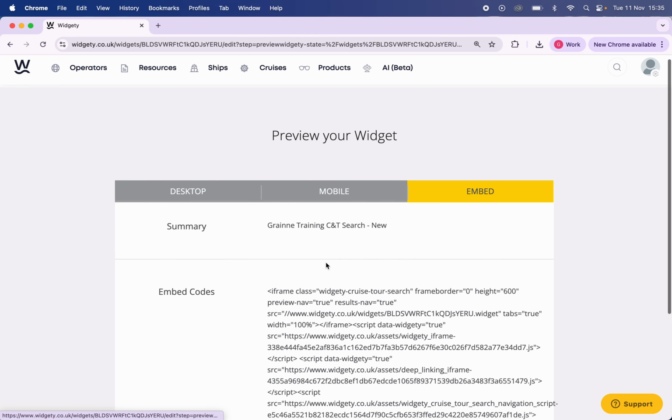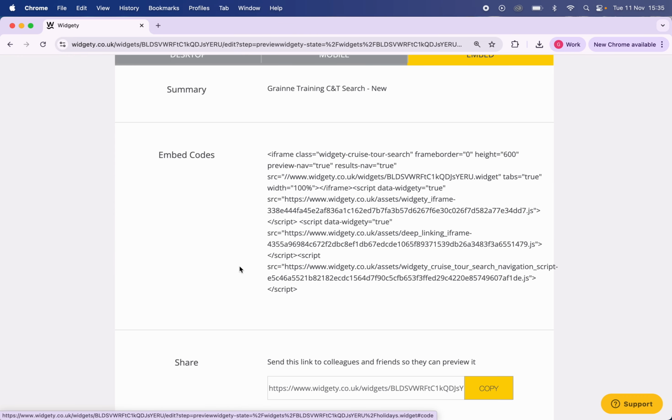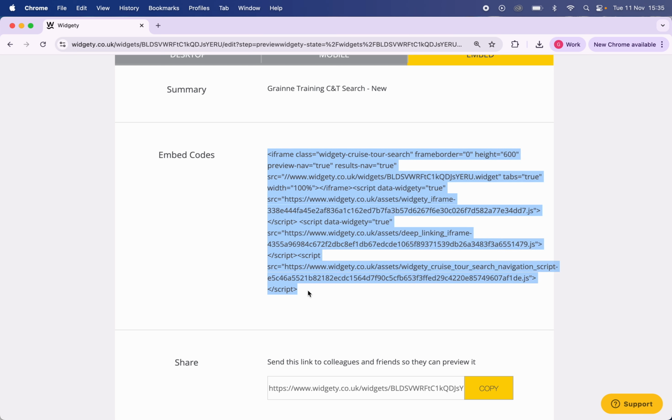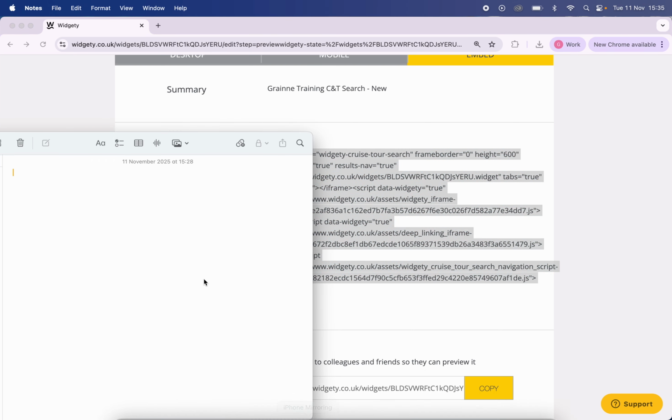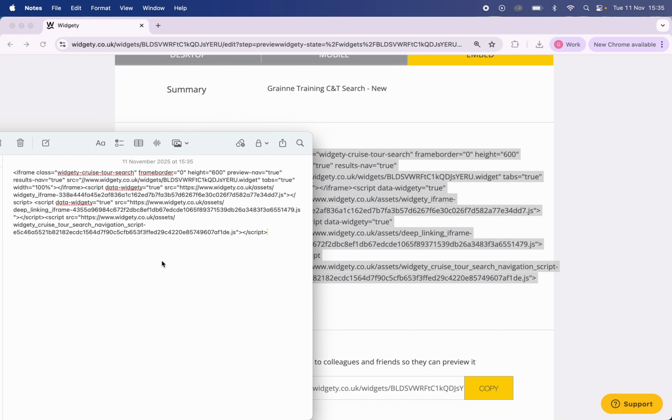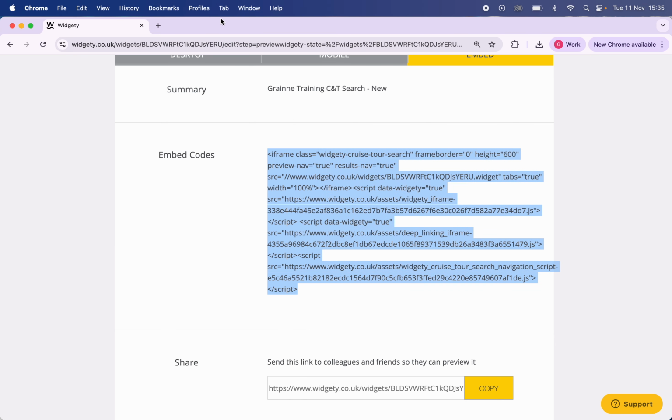come over to embed and find our embed code. What I'm going to do is just copy and paste this code so that I can put it on my notes tab and show you exactly what we're focusing on. So I'm just going to open a blank note, paste that there. The bit that we need to work with today is widget.co.uk and all the way down to the end of the quotation marks. So I'm just going to copy that and I'm going to share it in a new